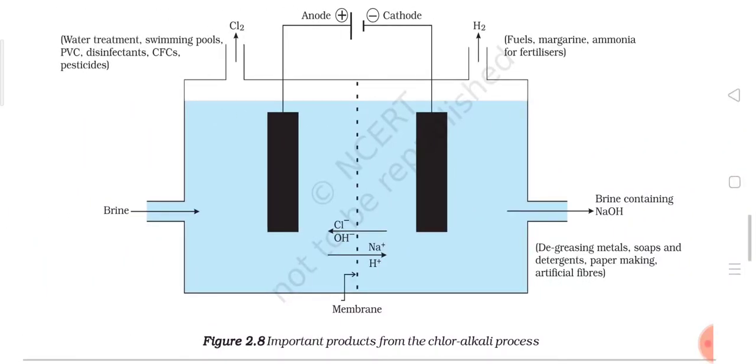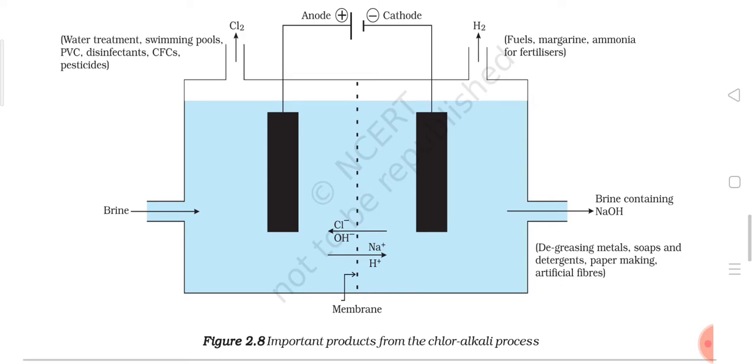As you can see, this figure 2.8 is about important products from the chloralkali process. Now, we have also discussed electrolysis in chapter 1, and that we have discussed in class. So I told you about the important parts of this electrolytic cell, or you can say this process of electrolysis which is actually taking place here for the manufacturing of sodium hydroxide. So here, as you can see, as usual they have two electrodes, and these two electrodes are connected with a battery. The electrode which is connected with the positive terminal of the battery is said to be the anode, and the one which is connected with the negative terminal is said to be the cathode.